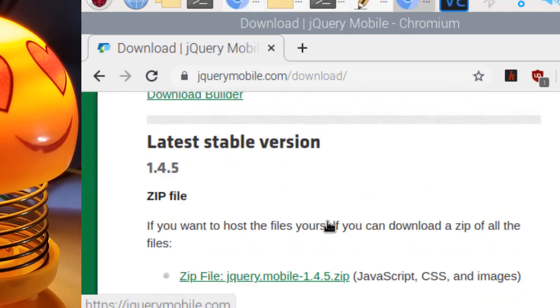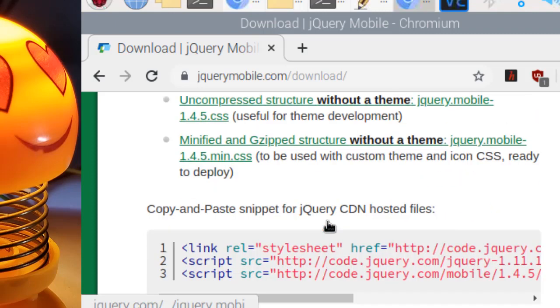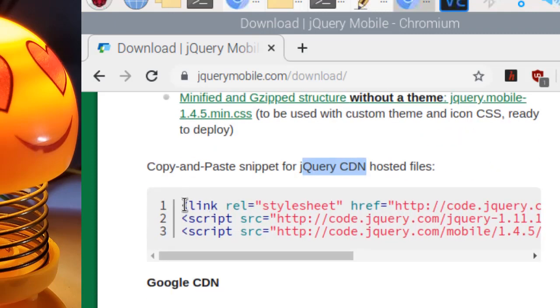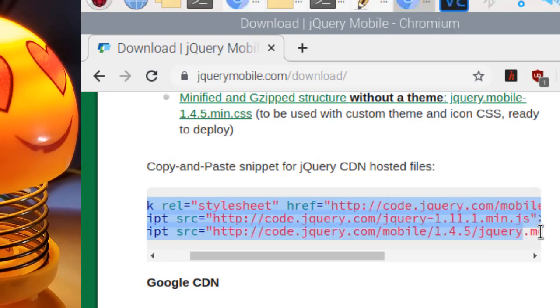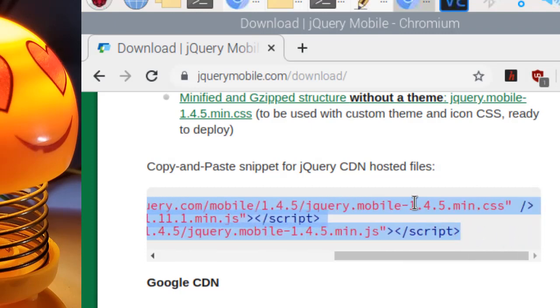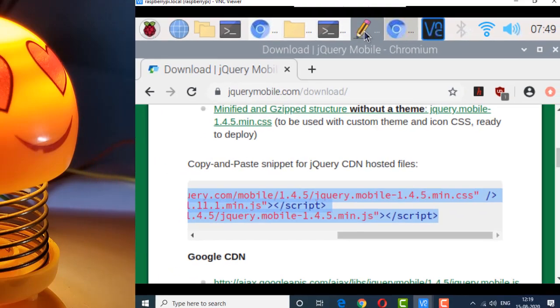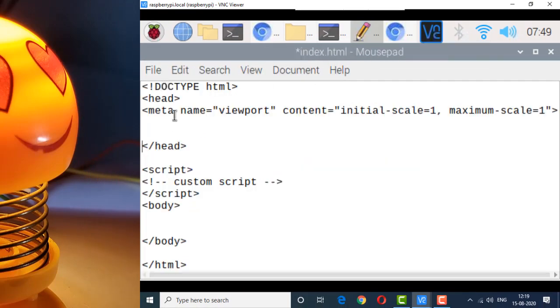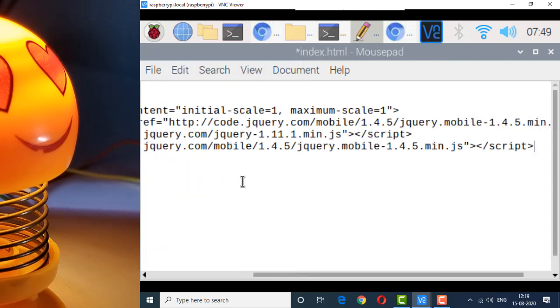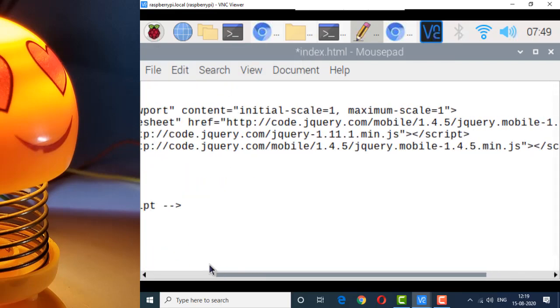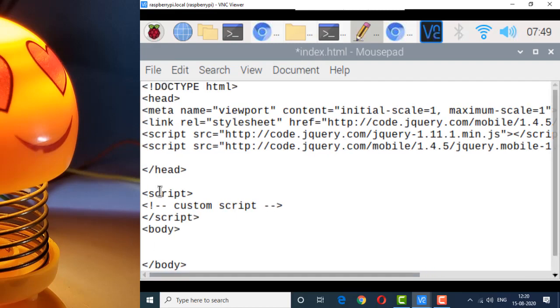In the download section, just search for CDNs here. Copy these 3 lines and go to our HTML file. Below the meta tag, just paste it, and